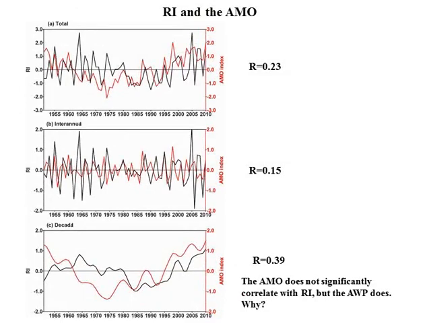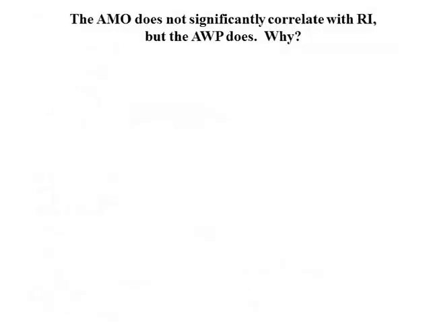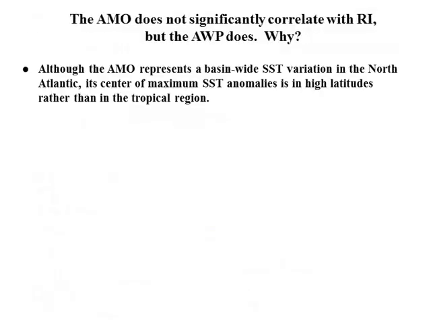The question is why? If you find some correlation, you need to provide some possible cause. In the paper we did not address why. So the AMO does not have a significant correlation with I, but the warm pool does. Why? This is why. The first point I want to make here: we know that the AMO is